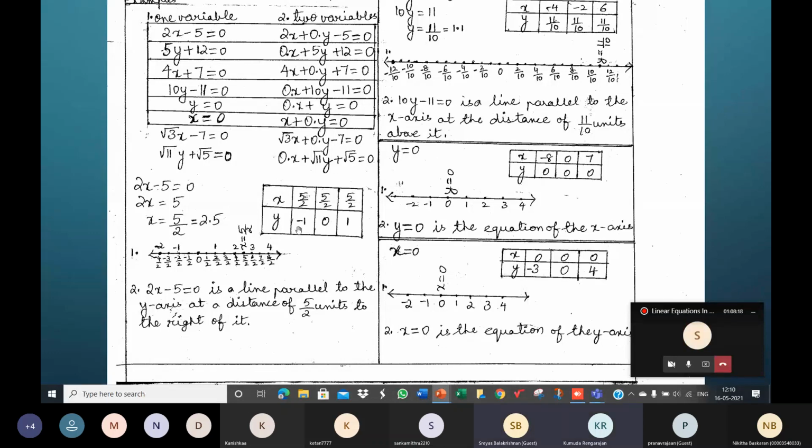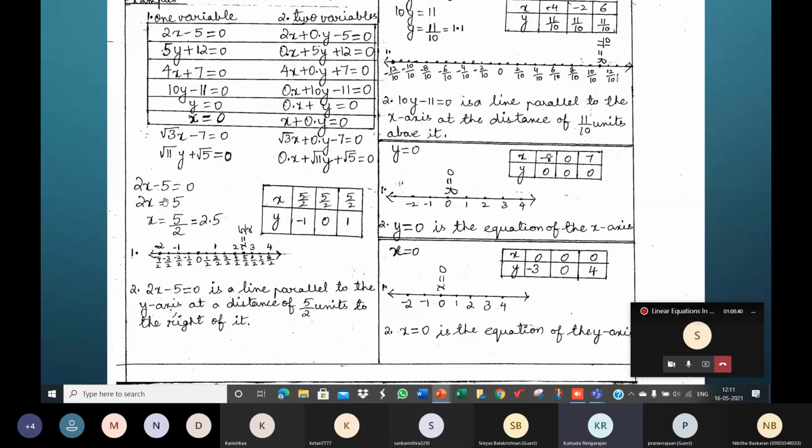how do we prepare this table? A doubt, ma'am. No, I haven't finished. Please wait. So when you treat the same equation as an equation in two variables x and y, what happens? We need to make a table like this. I'll tell you how to prepare this table. The two variables are x and y.